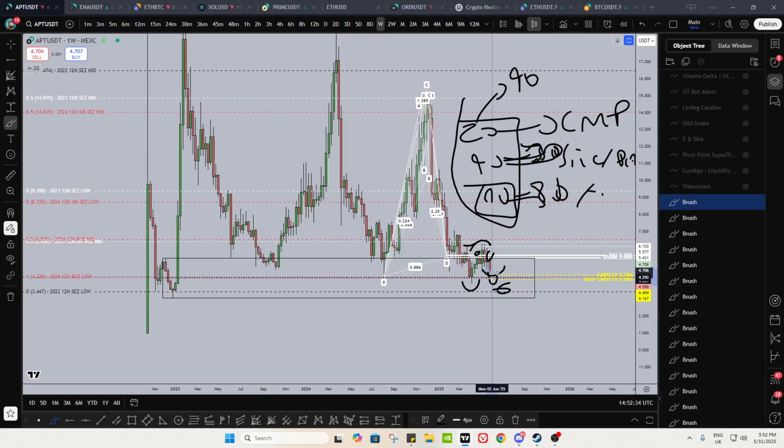Or we actually turn this level to resistance, and I add to my hedge short, and I go down. I just don't plan on getting rid of my spot bag anytime soon. Not unless we get some sort of black swan that actually collapses crypto. I don't plan on getting rid of my spot bag at these lows for no reason, right? The whole point of this area is to build out a spot bag.